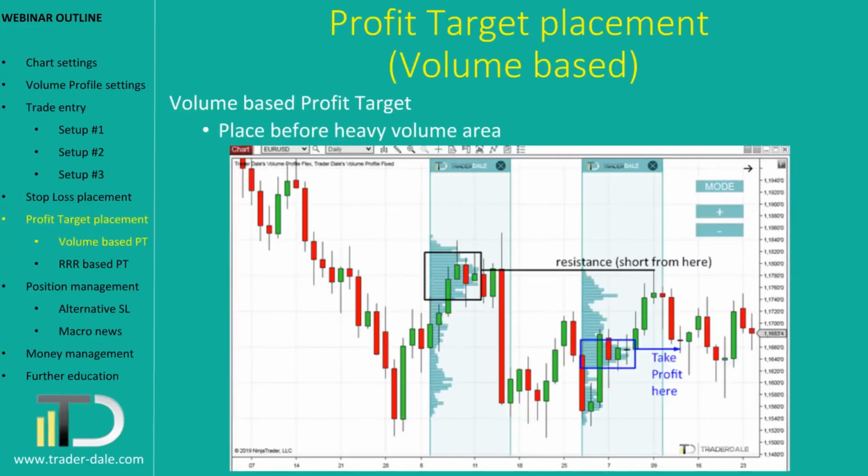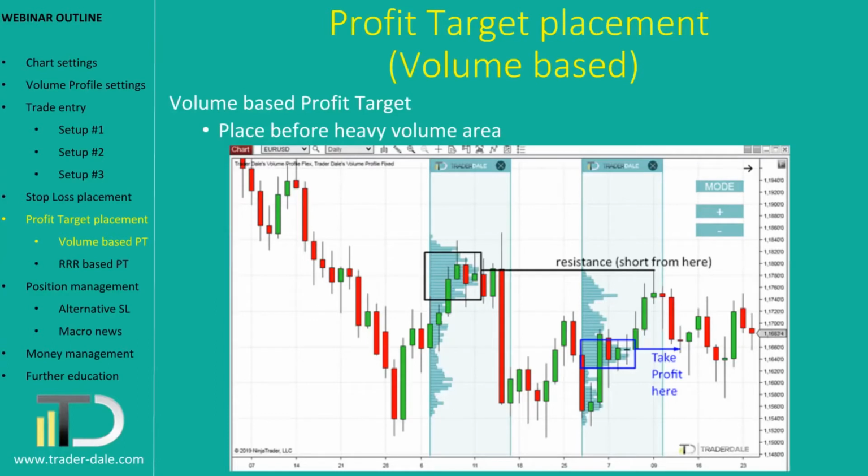Another thing I want to cover is how to use volume profile to determine the best place for your take profit. In this case, we will use the same logic as before, which is that heavy volume areas are strong support and resistance zones. So imagine that you are in a profitable trade, which is running nicely in the direction which you desire. Then the best place to take profit is before the trade hits a heavy volume area, because as